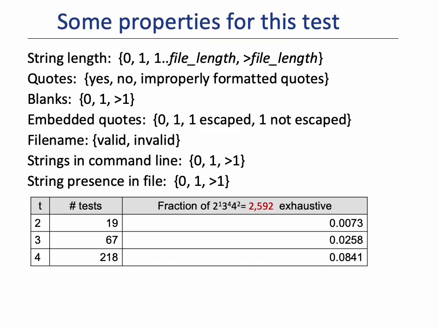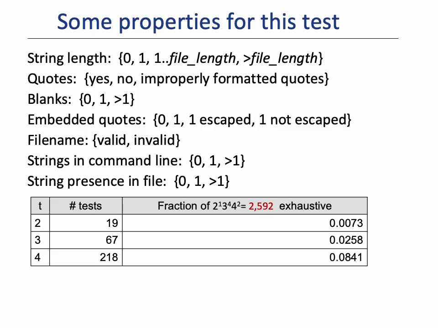Some properties that we could consider for testing are things like string length. There might be 0 characters in one of the input strings, 1 character, something in the middle between 1 and the maximum file length, or it could even be something that exceeds the possible file length size for the system. They may contain embedded quotes, embedded blanks, the file name might not be valid, and so on. So we have a lot of different properties that we could test, and then we can take combinations of these